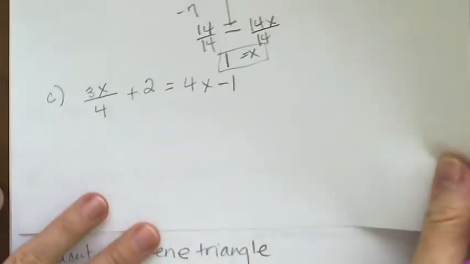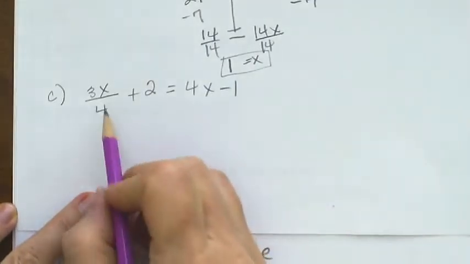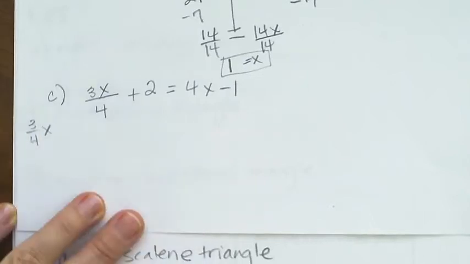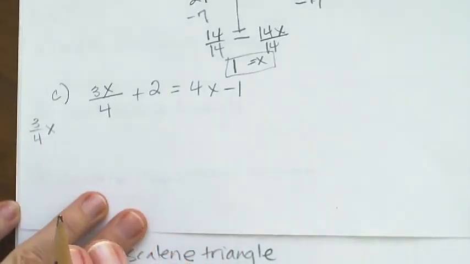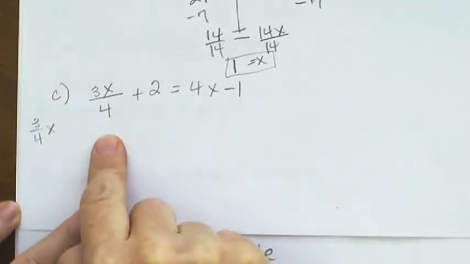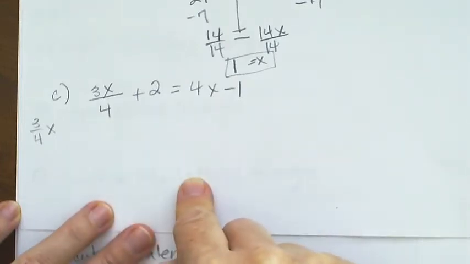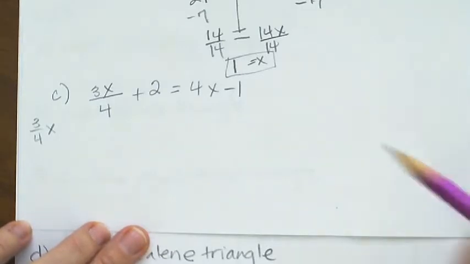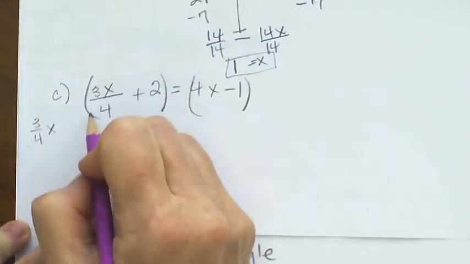Part C, we have a fraction, and I wrote it the same way that they wrote it in the book. They put the 3x on top. That's the same as writing 3/4 x. Now, a lot of students, when they see a fraction, think, oh, I don't know how to do that. You could keep this as a fraction and solve this with a fraction. You wind up having to do a little bit more work with fractions, or you could get rid of the fraction altogether. So I'm going to get rid of it, because that's what most people like to do, by multiplying